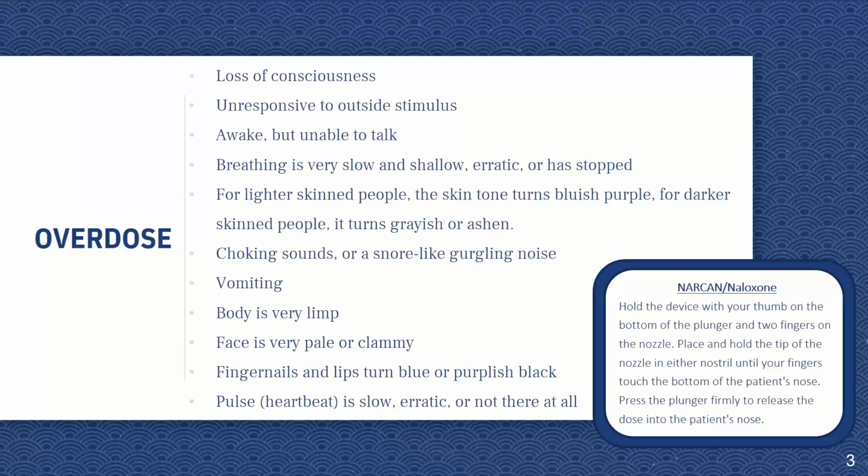If you notice somebody that is experiencing these things, call 911 right away. If there's somebody in your life, a loved one, that is currently using opiates, you can get Narcan or naloxone, which is a medication that can be administered by anybody. It used to be a shot, but it now comes in a plunger that you give straight to the nozzle, to the nose. Like an inhaler, you place it in their nose and squeeze it,